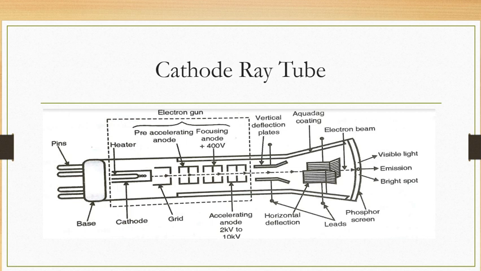Okay, so that is all about the inside working of the cathode ray tube. Today we have to stop here, because in the next lecture we will start with a new point: how the voltages are applied to the cathode ray tube, how the vertical and horizontal deflection plates work, how you get the spot, and how you get a straight line, vertical or horizontal, at the location of that beam.